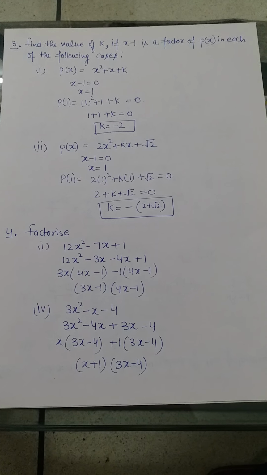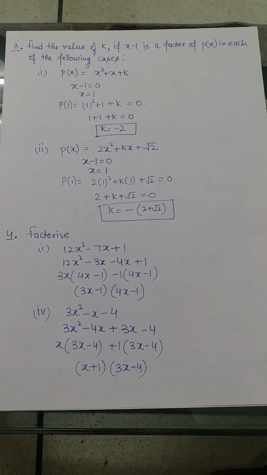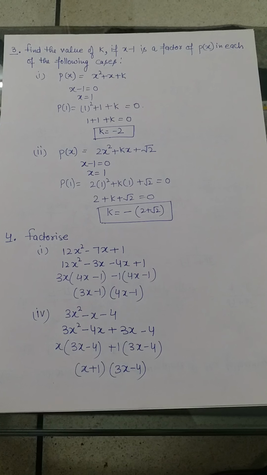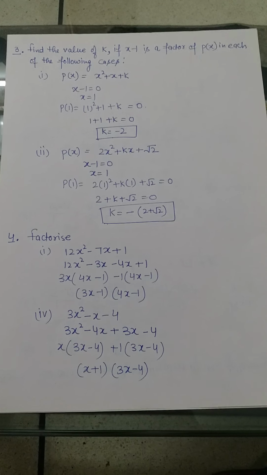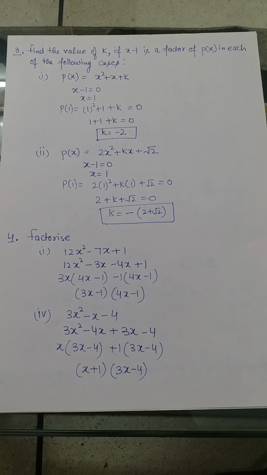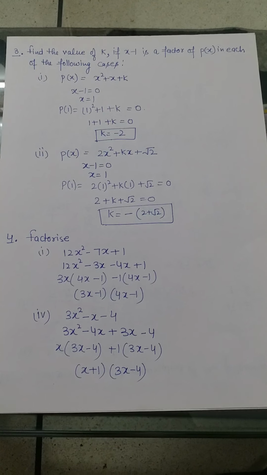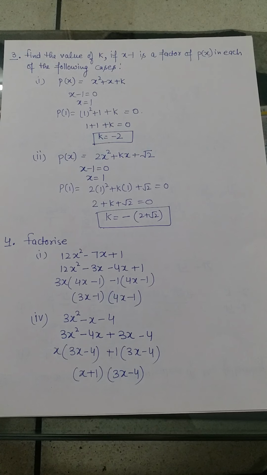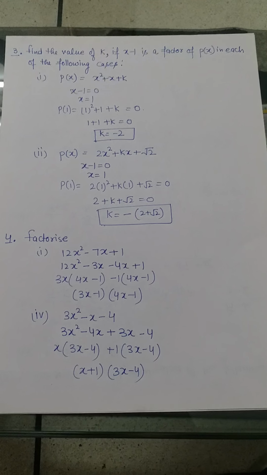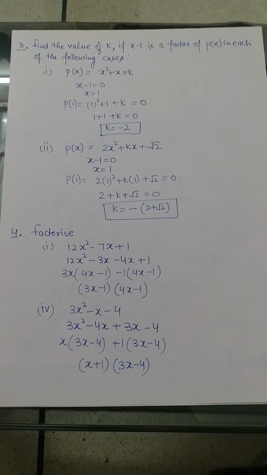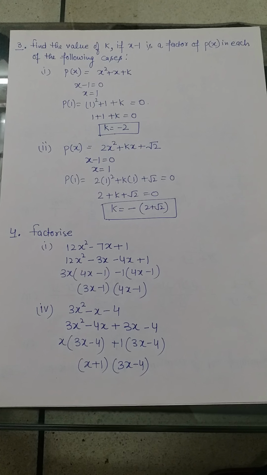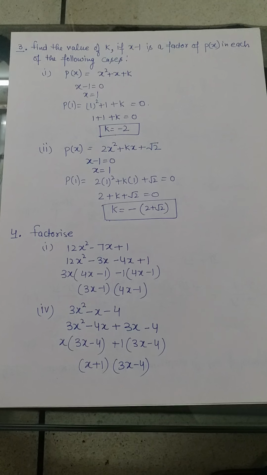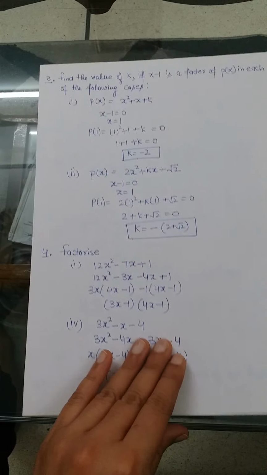And the product is the coefficient of x square into the constant term. As we have coefficient of x square is 12 and the constant term is 1, we have to find 12 into 1, which is 12. We have to check the factors of 12 so that on addition or subtraction we get minus 7, that is the middle term. As we know, minus 3 into minus 4 gives us 12 and minus 3 minus 4 gives us minus 7. So this is how we can split the middle term and we will get the factors of the given polynomial. Similarly, we can do the rest of the parts.